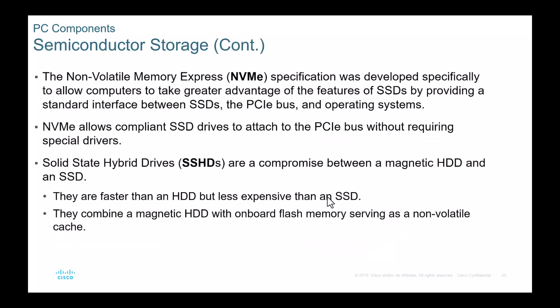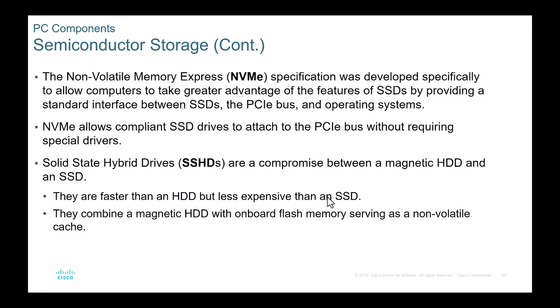Cool. NVMe, we talked about that. The hybrid drives were good for a minute. Apple actually came out with them, I forget what they called them. Fusion drives is what they called them. So it's in between a magnetic hard drive and a solid state drive. They are a little bit faster, but they were a pain, and they were very short-lived.